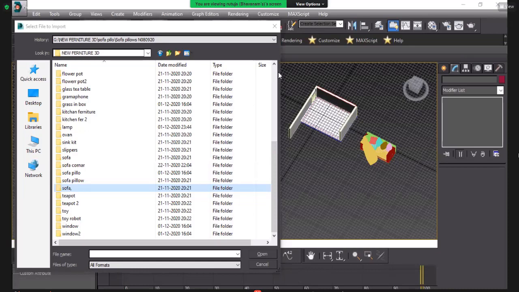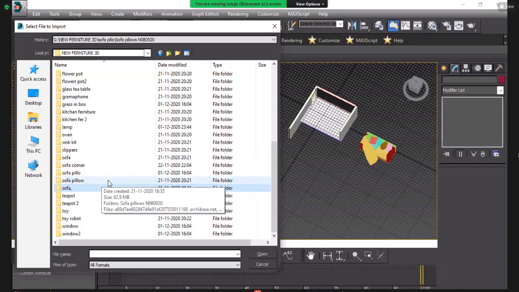Here is for dimension. Use your CAD file. When we import a CAD file, then use the dimension for scaling. But otherwise, there is no need to give the dimension, because when we download a sofa and all the furniture from the internet, it can have inaccurate dimensions.